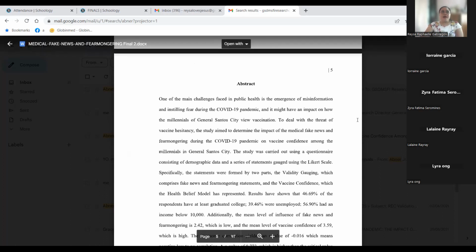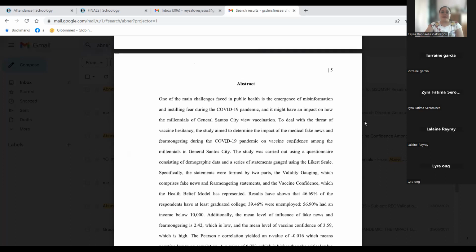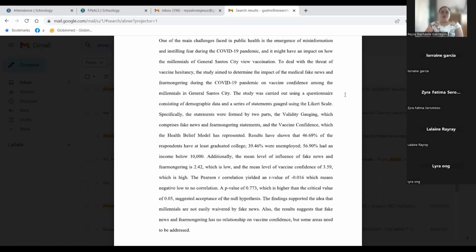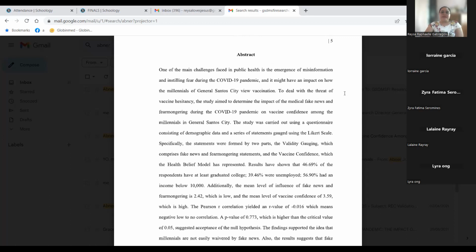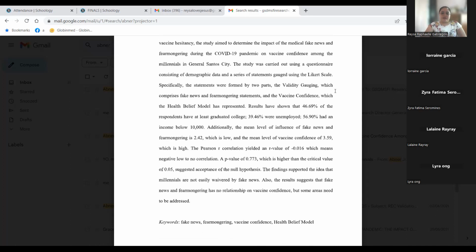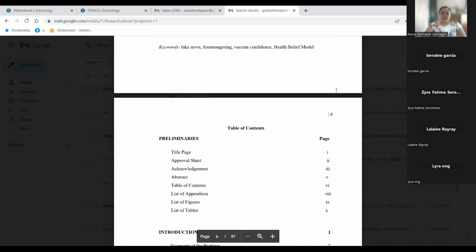Abstract, class, is a 1-page and 1-paragraph summary of your paper. Now, since again, sabi ko kanina, you're still halfway in completing your research, we cannot do a summary pa. Okay? So, hindi pa hinahanap si abstract sa proposal defense. Sa final defense na. Okay? So, wala pa itong abstract na ito.